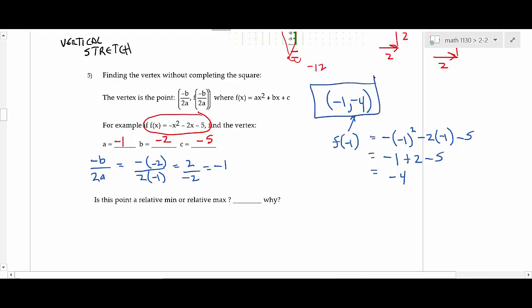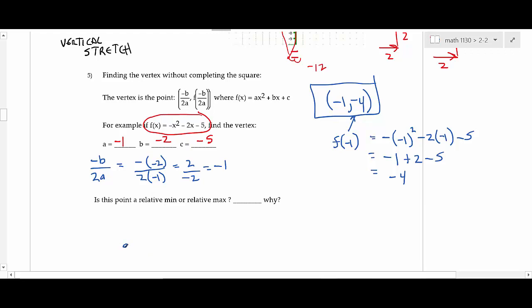So you can do all quadratic functions that way if you prefer. Negative b over 2a crunches out the x value of the vertex. Then if you plug that in and find y, then you've got your vertex. Everybody follow that okay? Okay. And negative b over 2a is pretty easy to remember because it comes from the quadratic formula. Okay. So the next question I have on this is when you have a